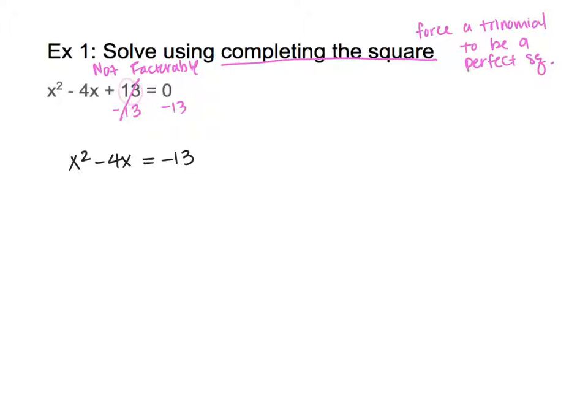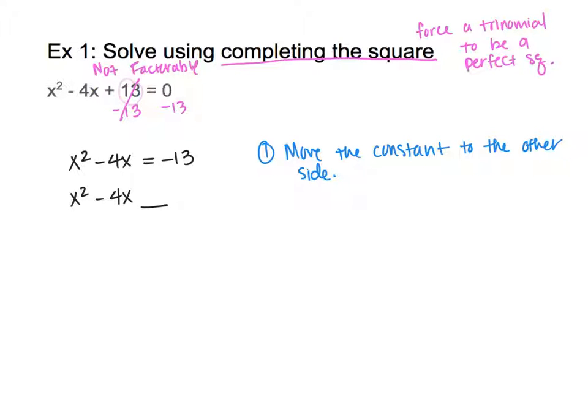So the very first step you have to do, and I'll write the step as I proceed, is to move the constant to the other side, or the right-hand side specifically. But you want to move it over because this C here is not allowing you to factor, so we need a new constant. But because we need a new constant, our next step here is we're going to add in